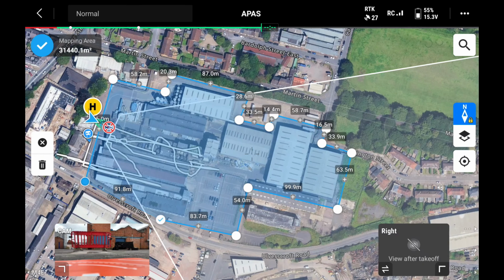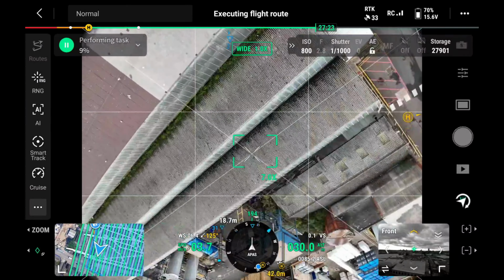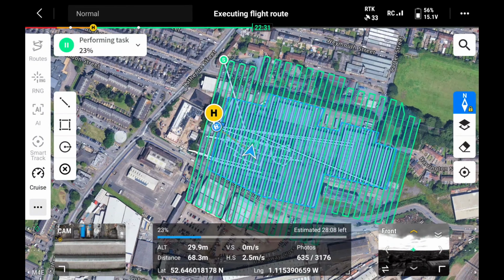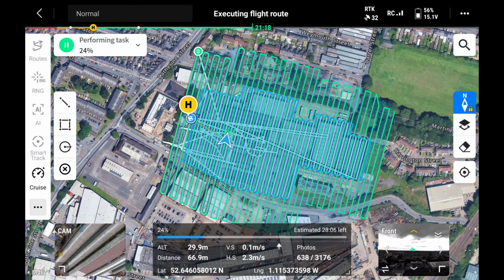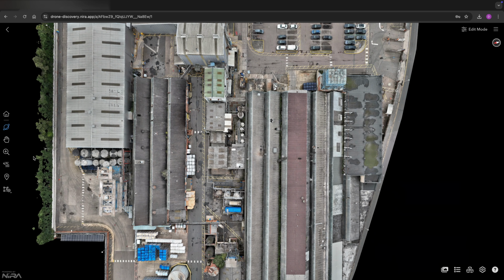Once you've set up the mission within the drone, including the altitude, overlaps and ground sampling distance, the drone flies the mission and captures imagery with its 5-direction oblique feature. What it then produces after the task has been completed is a 3D model which can be output to CAD, GIS and BIM software, but we also use an online visualization tool which is what allows you to measure as